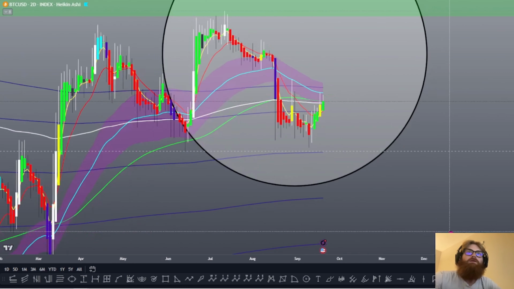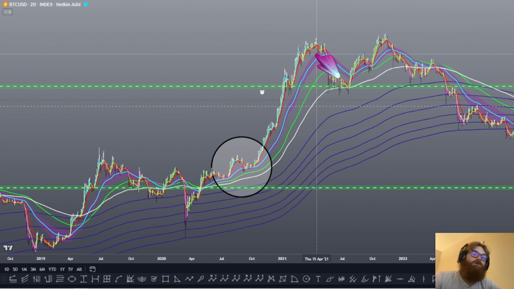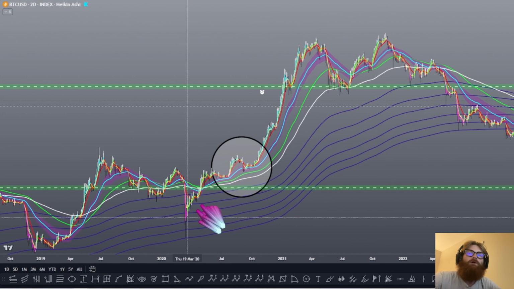We've already gone below the 50 EMA. If we do indeed end up seeing this 50 EMA go below the 200 EMA, I believe it will be something very similar to how it behaved going back to March of 2020, like I pointed out. As I've been saying, I do personally think that we are in the early stages of the bull run, and it will be most similar to March of 2020